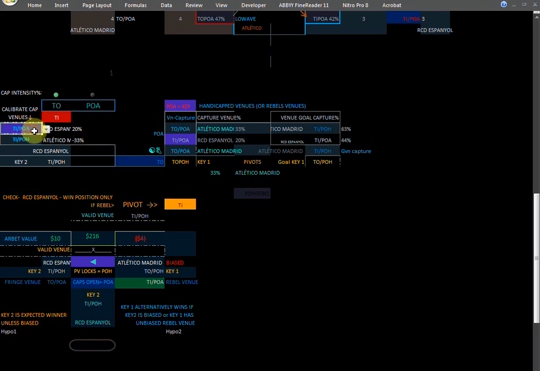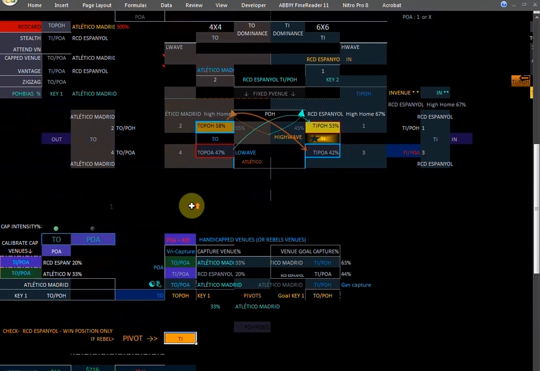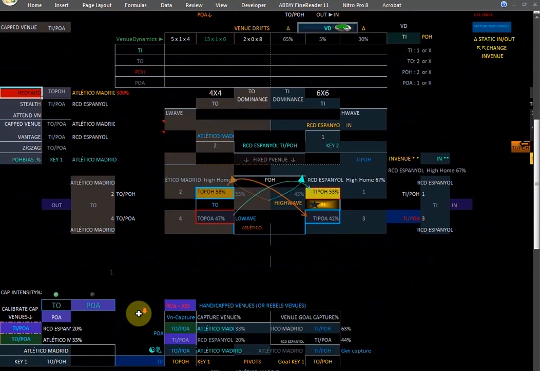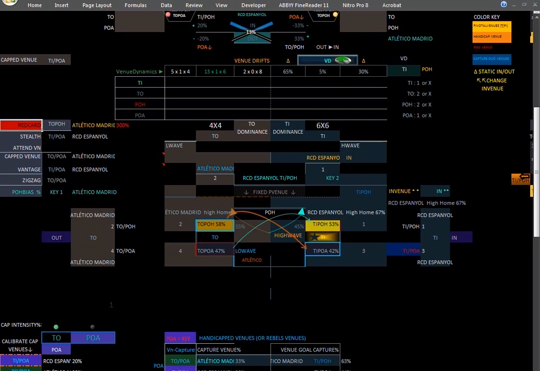It's valid venue, the total in venue. If you cap total in venue, in fact you can play around with this calibration here. You can check which team has a valid venue within the 4 venues. You can check total venue. You can check the POA. So it will change, and you can see which venue has validity. So Atletico Madrid, you can see red carded according to our VR analysis. So he couldn't win. So full time was 3-3.